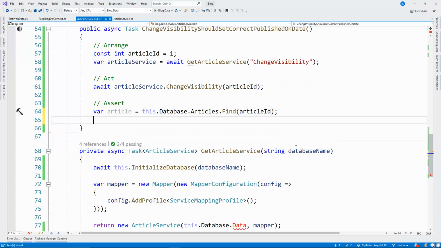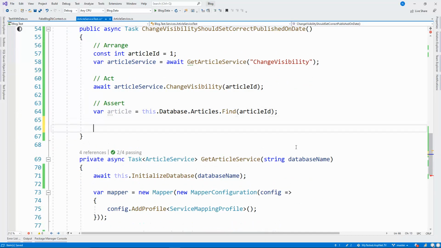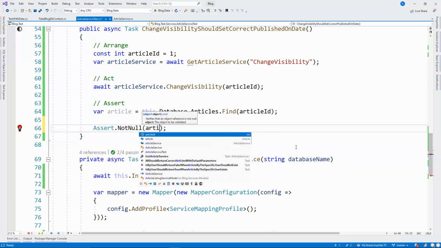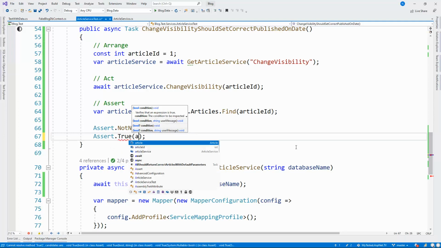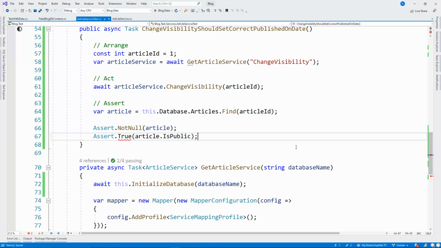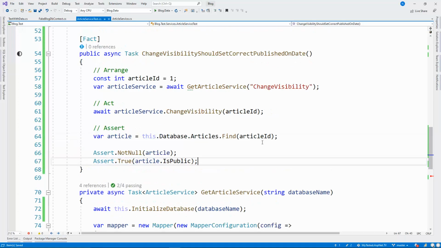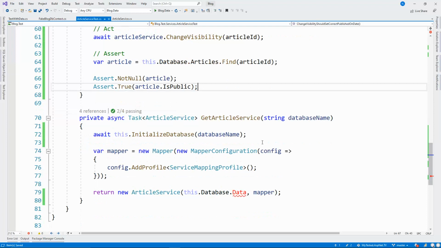What I need to do is assert that the article is not null. Then I need to assert that the article is public set to true, and last but not least, I will need to assert that the published on is the current date,